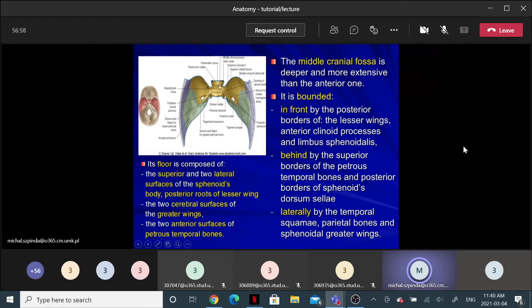The biggest contribution to the middle cranial fossa refers to the internal surface of the sphenoid body, its superior surface, two lateral surfaces, and the cerebral surfaces of the greater wings. All these things, including the posterior root of the lesser wing, which has a special name, optic strut, is